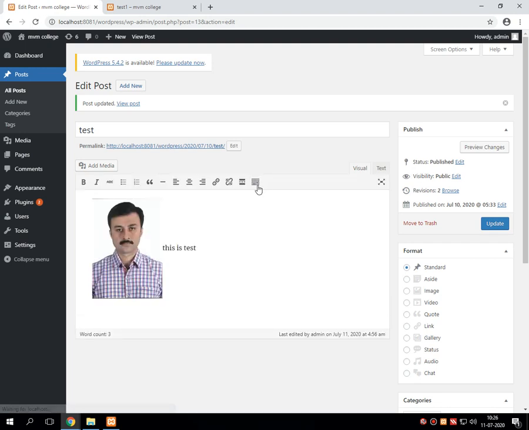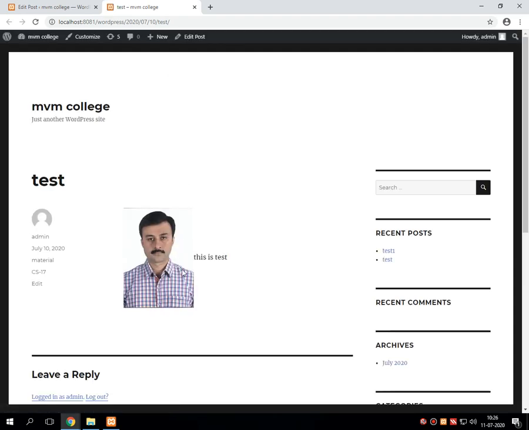Once the update is done, click on the hyperlink. It will show your attached media on the screen like this. This might be any, as I have already instructed you, might be an image, it might be voice, it might be video, any. Here I have attached my photograph over the post.